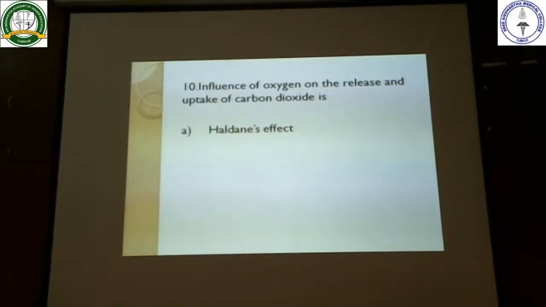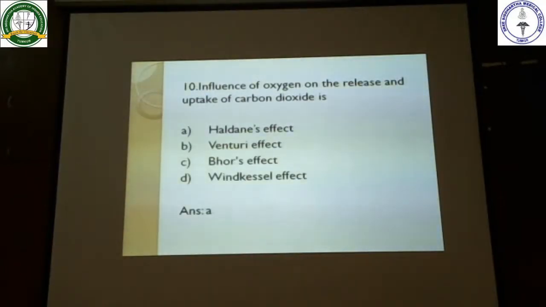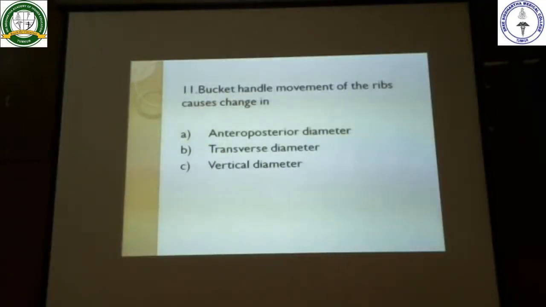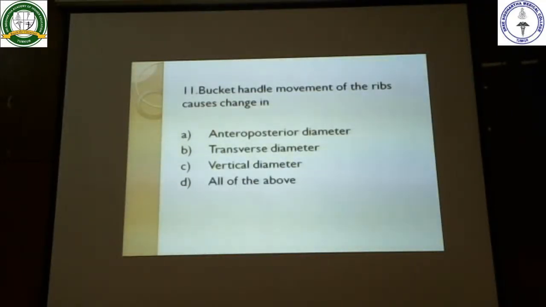Loading of oxygen takes place at the lung level, the alveolar level. Next, you will have transverse diameter, vertical diameter, and all of the above. In this bucket handle movement, you can see whenever there is contraction of the